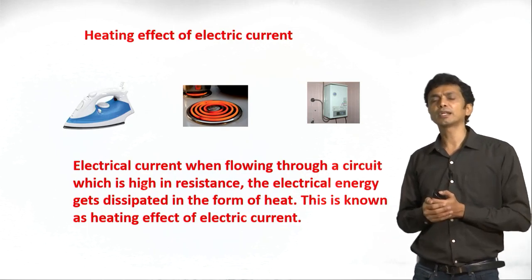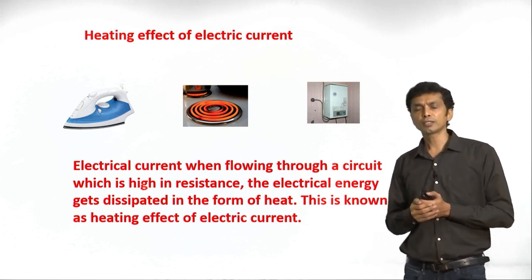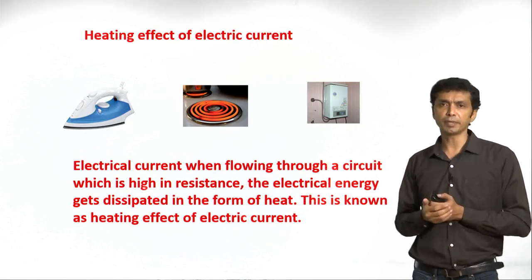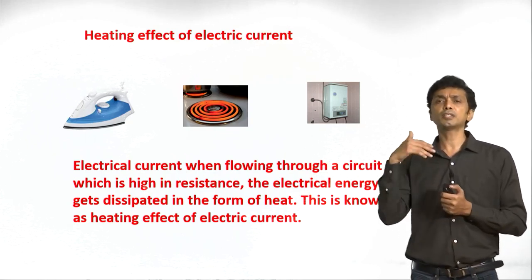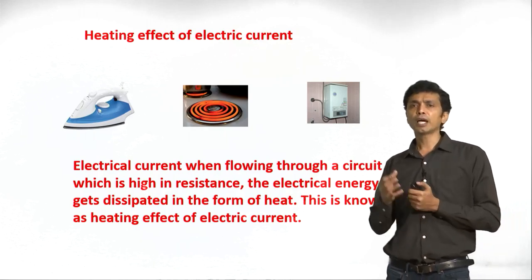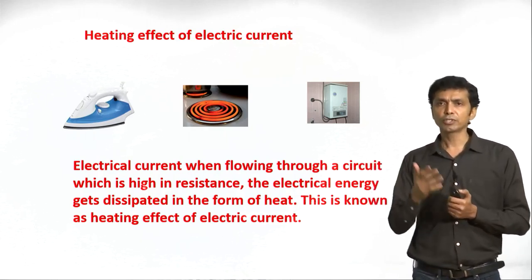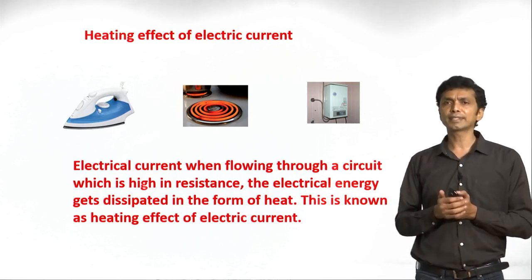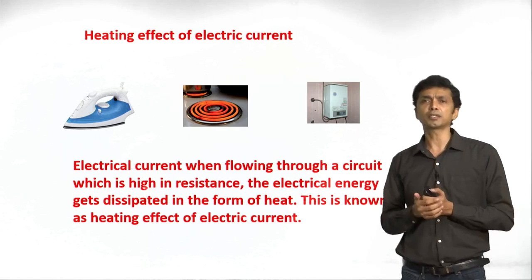Now, heating effect of electric current. See, as I told, whenever electric current flows, there is some amount of heat which is dissipated, and this heat is more when we have made use of alloys, which you can see in the figure here. Basically, we use alloys in electric iron box or electric stove or electric water heater.